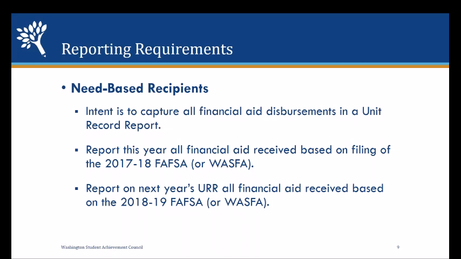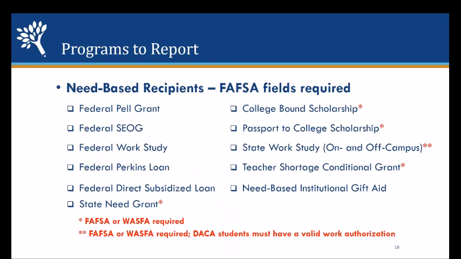Report the 2017-18 financial aid received based on the filing of the WASFA or the FAFSA. On next year's unit record, it'll be all the financial aid received based on the 2018-19 FAFSA or WASFA. The programs you need to report, and for these the FAFSA fields are required: the Federal Pell Grant, Federal SEOG, Federal Work Study,